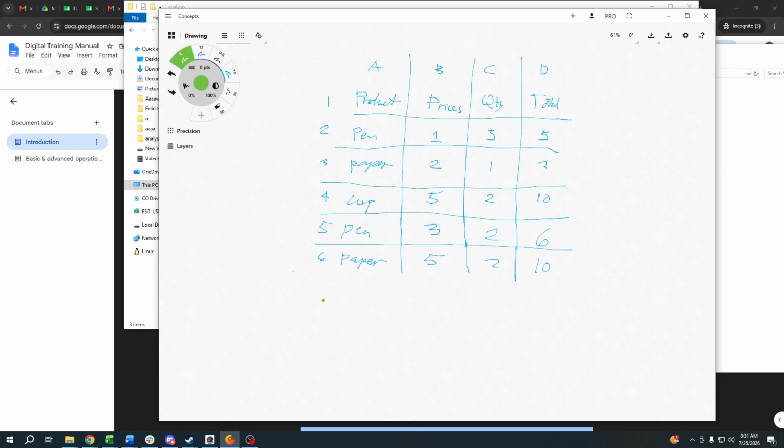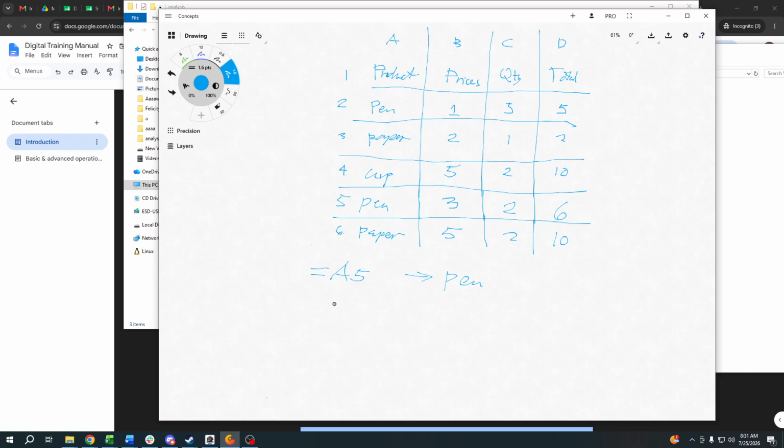So if the formula is equals A5, it will show pen.